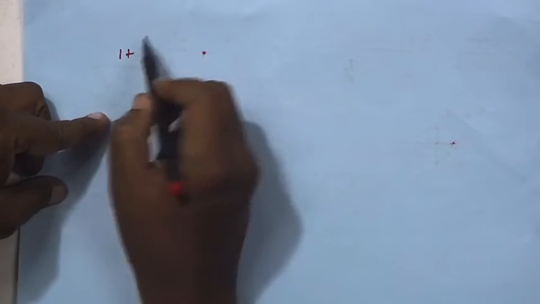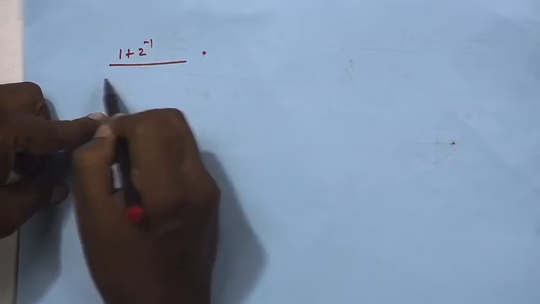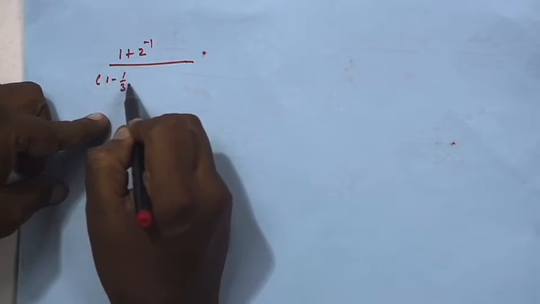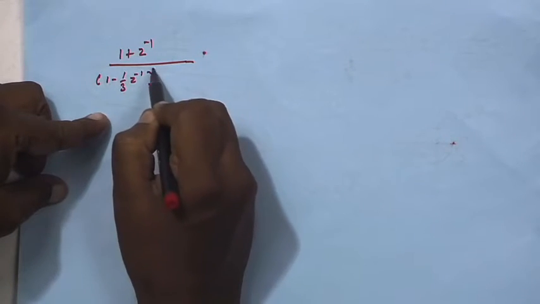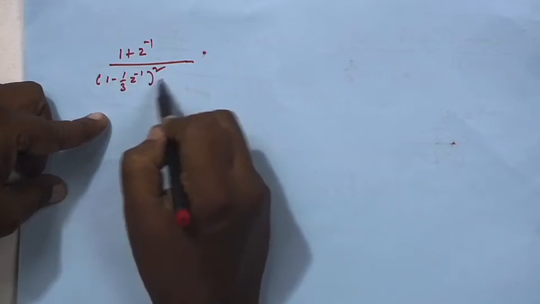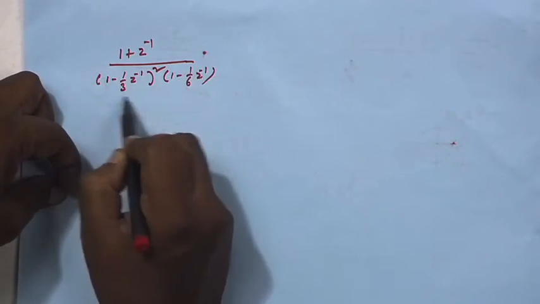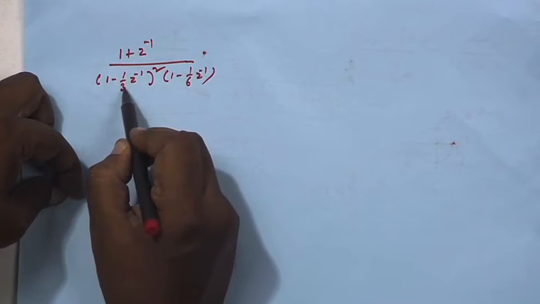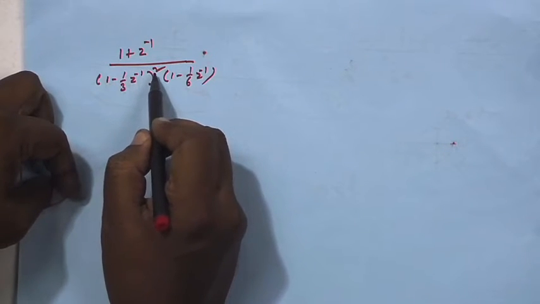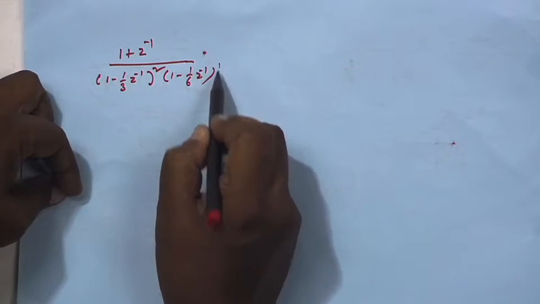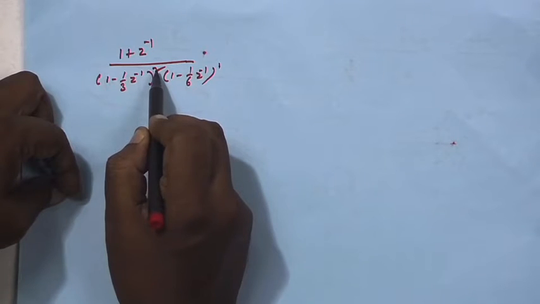I show one more example. Let's suppose you have got things like this, some numerator polynomial, but the denominator, if you factorize, has one factor which is occurring twice, so its square is coming, and another factor, say this. Then we say this has a pole at z equal to 1 by 3, but the order of the pole is 2. It has a pole at z equal to 1 by 6, but the order of the pole is 1, because this factor has a power 1, this factor has a power 2.